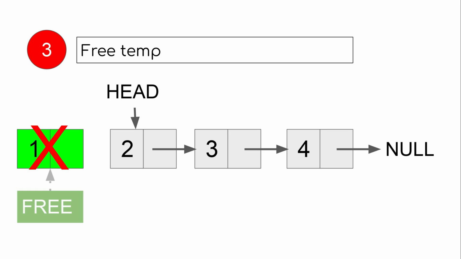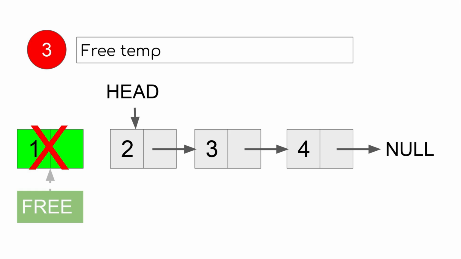Now I will explain why this is important. Whenever you use variables in your program of C++ or C, they are automatically deleted after the program is over or after they are out of their scope. I assume that you know what a scope is. But in the case of pointers, the pointers are not deleted automatically. So we need to free up those resources taken up by them. So the last step will be to free the resource taken up by the pointer, temp.